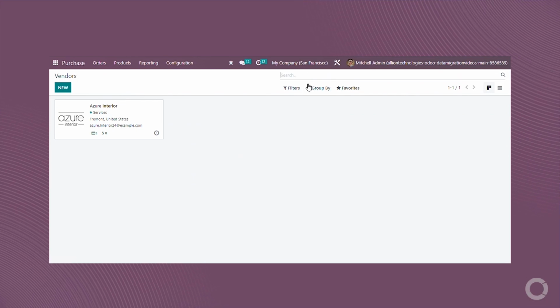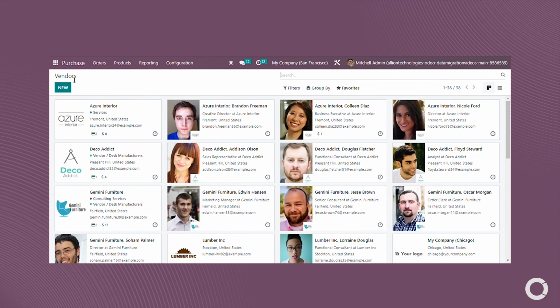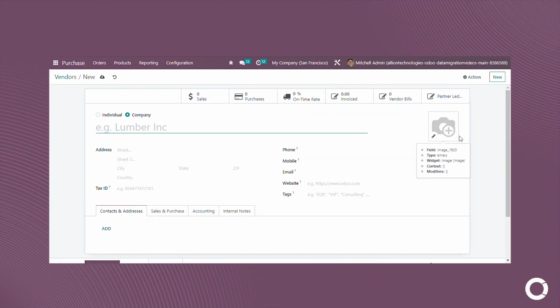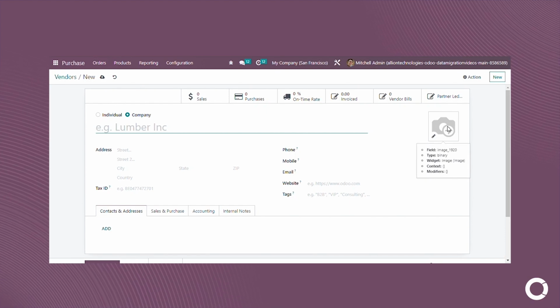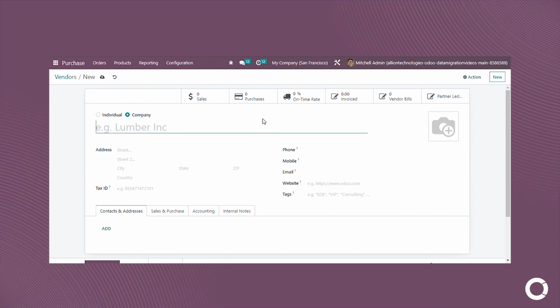You will now be able to see all the vendors you have created so far. To create a new vendor, click the New button. Here, you can add an image of your vendor if you prefer. This is optional. This is the form to create a new vendor, and it is important for you to know